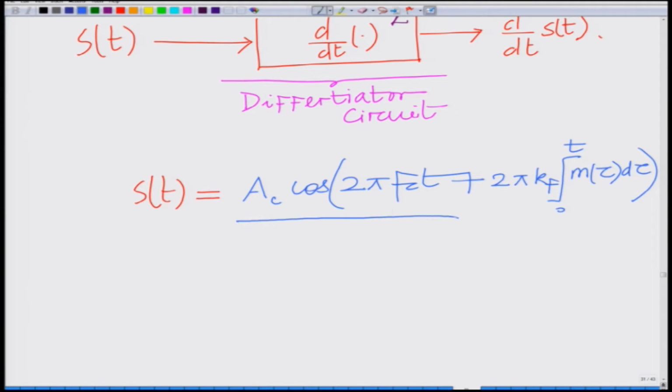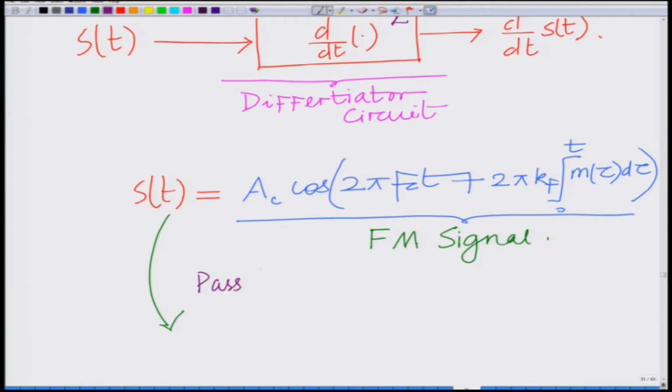We have seen this several times before. This is an example of a general FM signal. Now, if we pass this through a differentiator,